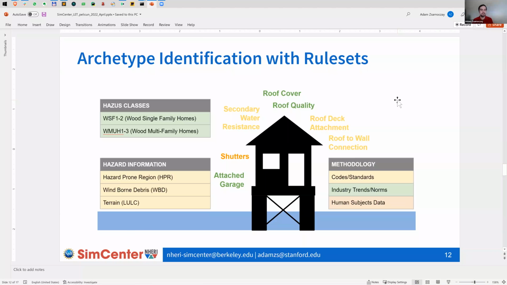So if you have some information about the local building codes or about the local design trends or about some other details of how the local population complies with the rules, with the designs, with the mandates in the area, you can use them and automatically select or populate certain parts of these required attribute tables for the buildings in